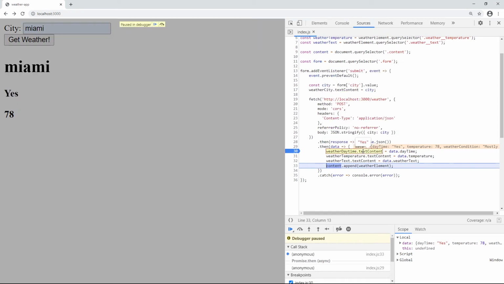Oh, so this is yes, which we don't really want that, 78. And text content. Ah, weather condition. So let's do weather condition. And then maybe text content, we can say daytime.